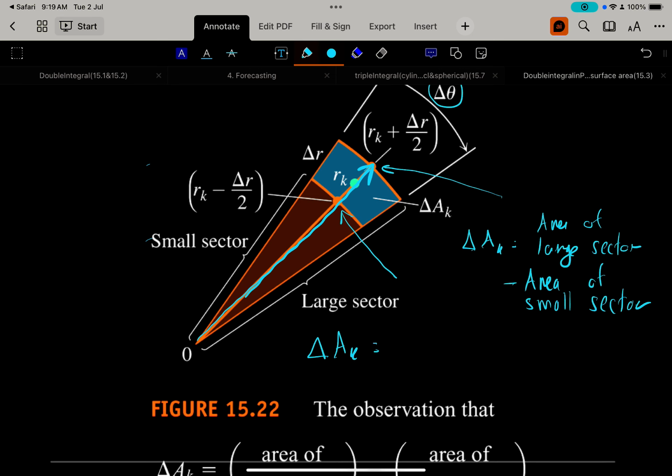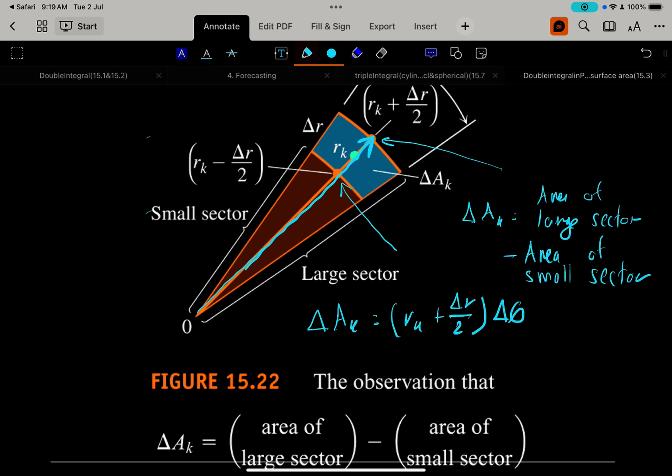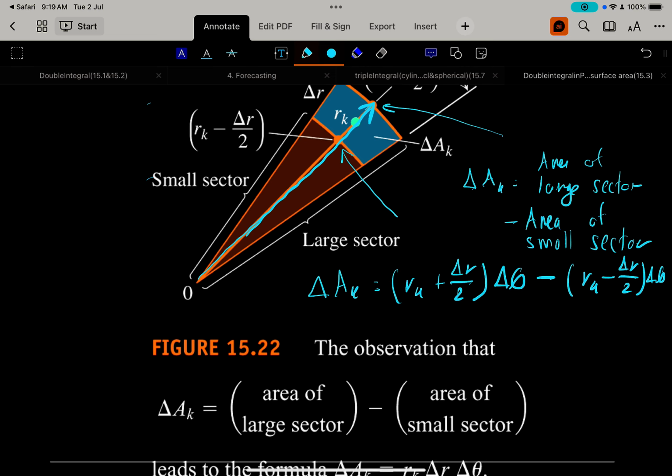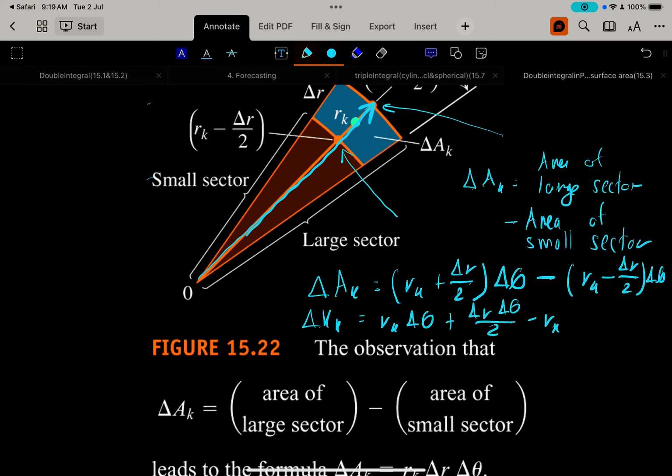And so the area of the large sector is RK plus delta R over 2 times delta theta. Now this is the area of the large sector. Now if we want to find the area of the smallest sector, it's RK minus delta R over 2 times delta theta. So now if we want to simplify this, we're going to have delta AK equals RK delta theta plus delta R delta theta over 2 minus RK delta theta, and then plus delta R delta theta over 2. And now these two will cancel, and we're going to have basically the formula delta AK equals